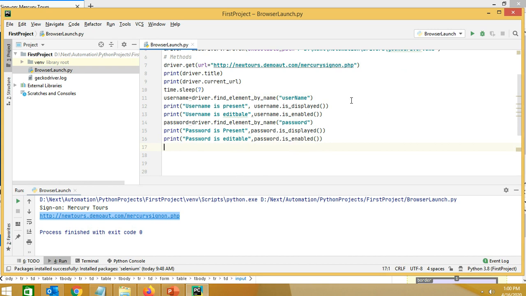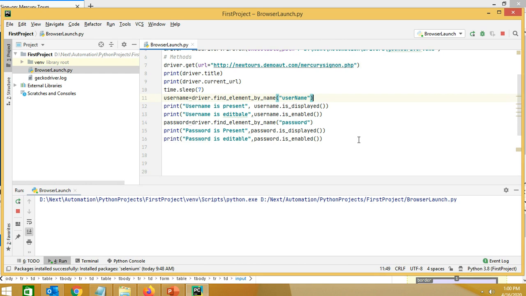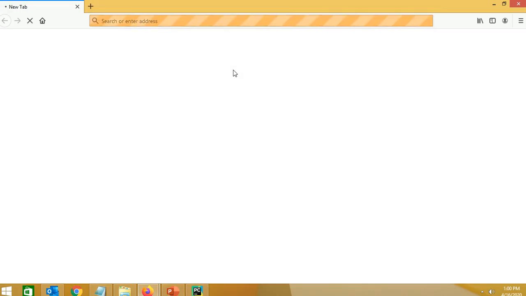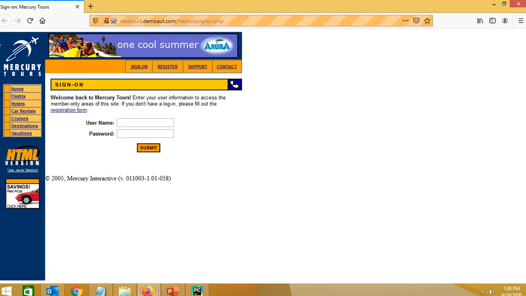Save this and let's run this test. First it will open our browser and the website URL in that, then it will capture the title and the current URL. After that it will wait for 7 seconds and then it will verify these two fields are present and editable.